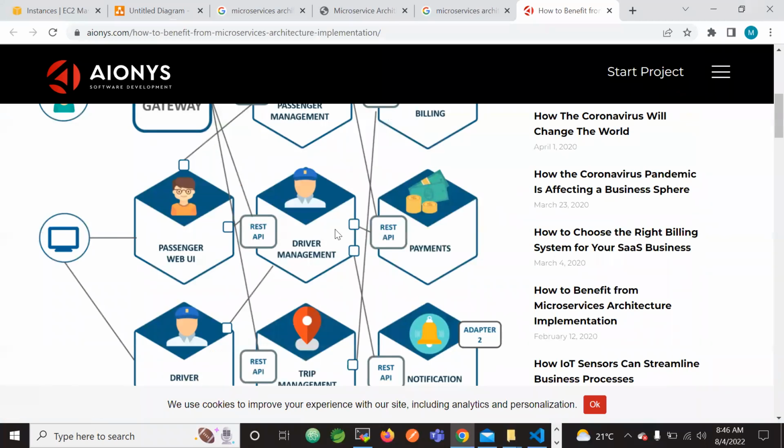The microservice to microservice communication is happening using REST APIs. So if trip management is down, no problem, only this will go down. The data of trip management might not be used in another microservice, but driver management, payments, passenger, web UIs, still they will continue to work.